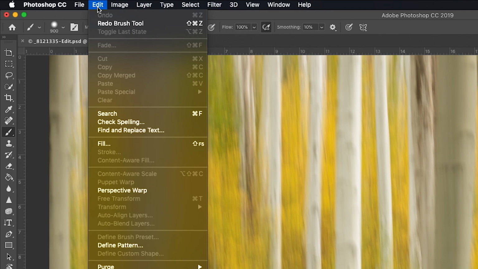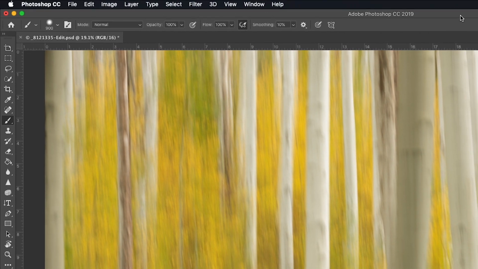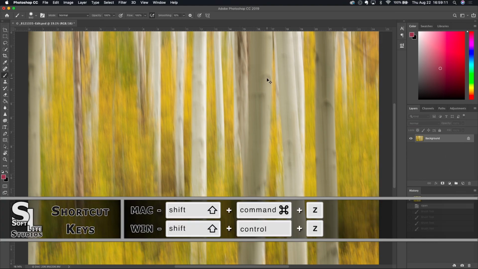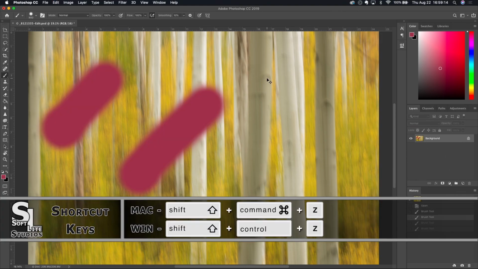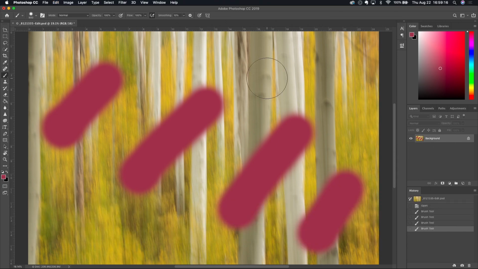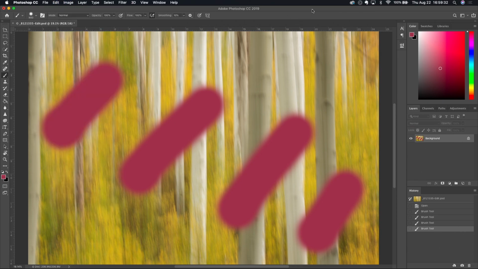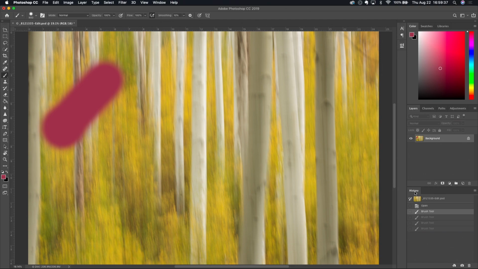We do now have a redo brush tool command here, which is the same shortcut as step forward used to be. So it's going to be Shift Command-Z on a Mac, Shift Control-Z on Windows, and that is the same as stepping forward. And if we go back up here into the menu, you'll notice that we do have the ability to toggle the last state, but step backwards has been completely removed and put into the normal Command/Control-Z shortcut. Also, I do have the history panel down here in 2019 where I can step my way